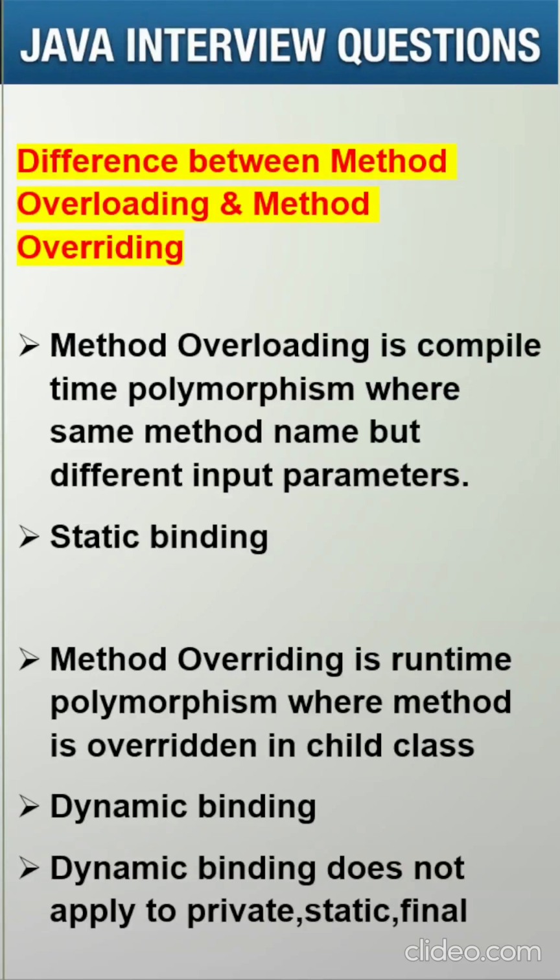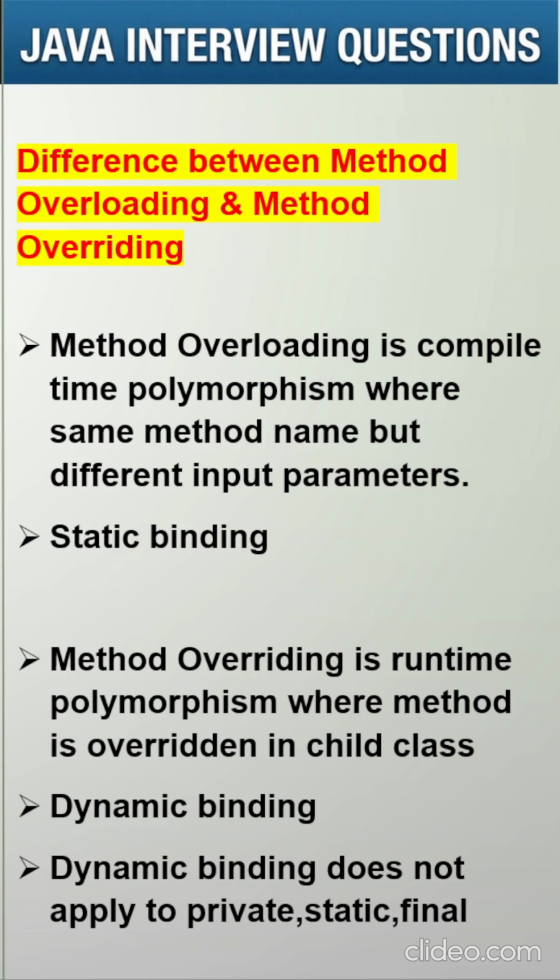The difference between method overloading and method overriding. Method overloading is compile-time polymorphism where we define the same method but with different input parameters. It can include a different number of parameters, a different order of parameters, or different data types of parameters. It is called static binding because the method call is decided at compile time, whereas